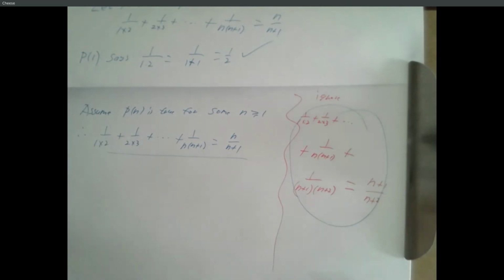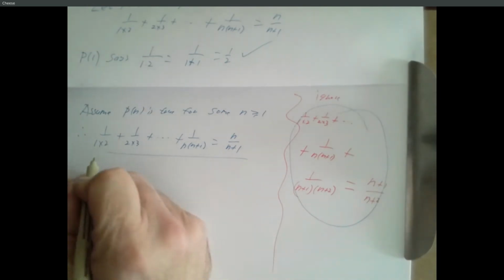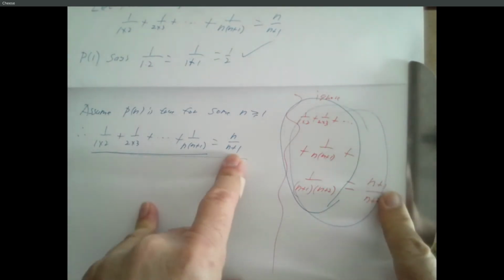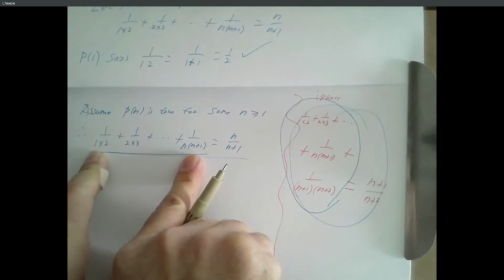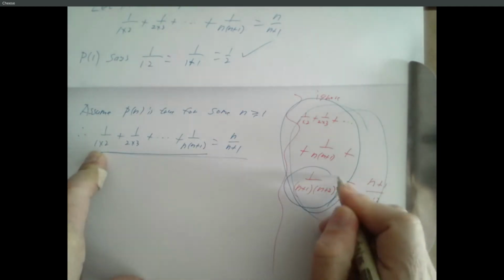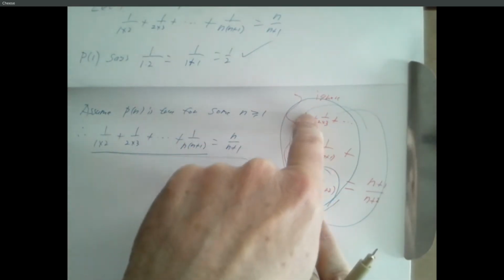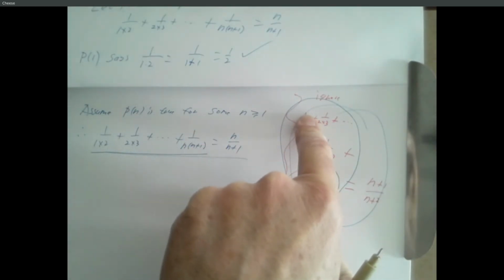And in a lot of these problems with math equations, it turns out we can turn part of this into part of this by just adding something. It's not clear how to turn n over n plus 1 into n plus 1 over n plus 2. But if we work on the left sides, we can take the left side of this thing, which we know is true, and if we just add this one term, this whole left side is going to look like this left side. Okay, that doesn't prove anything, but it's a suggestion that maybe we should try just adding that to both sides. So now I'm going to say